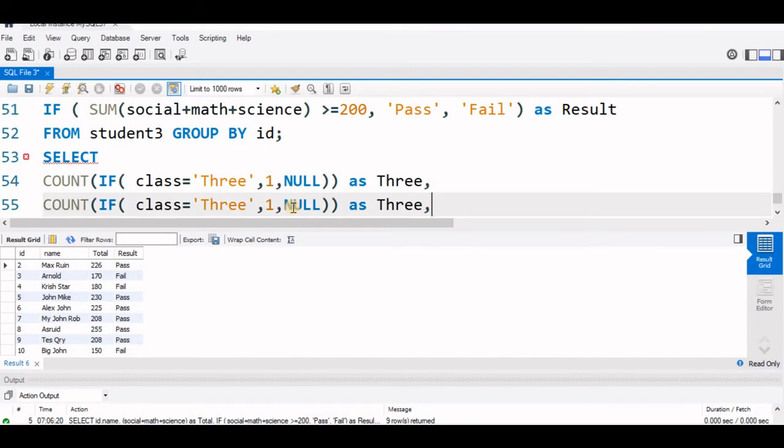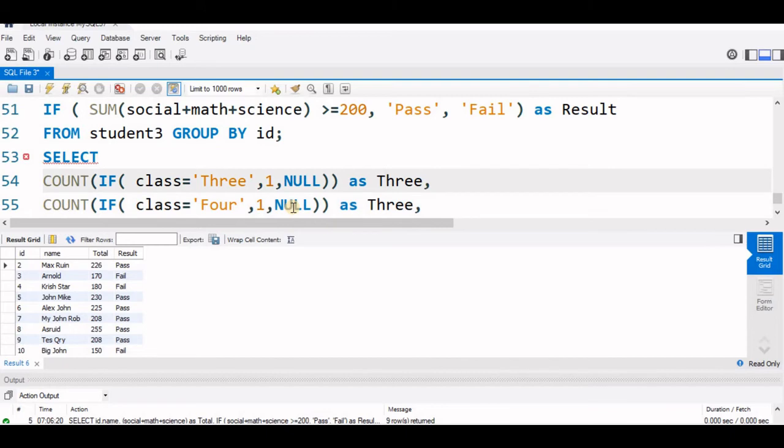Now the same thing we will copy for the other classes also. We are just pasting it. This next is, let's say, 4. If it is 4, give the output as, so you will make it uppercase so we can easily distinguish between them. Okay, this will make it 4.